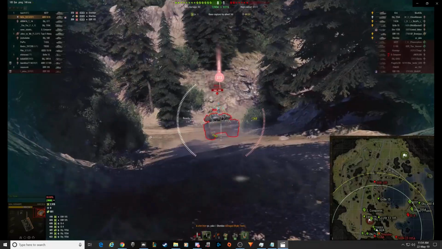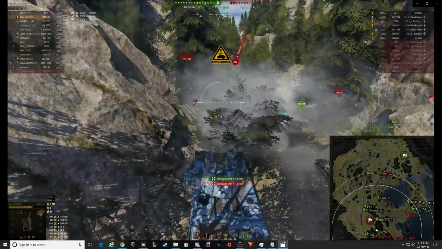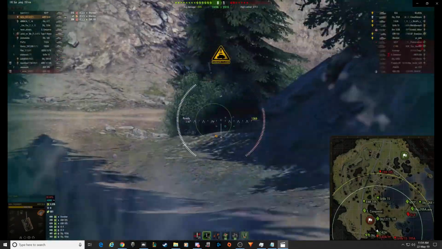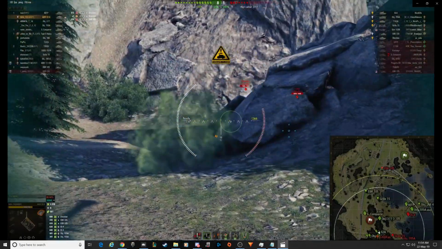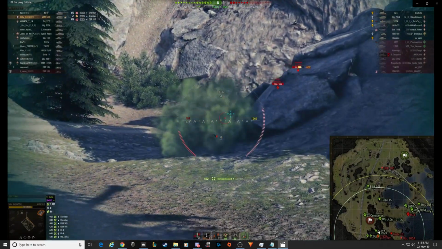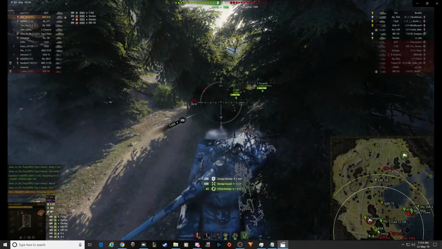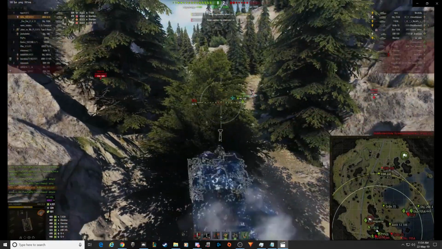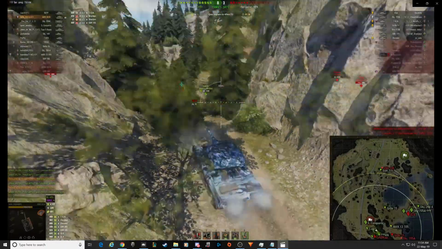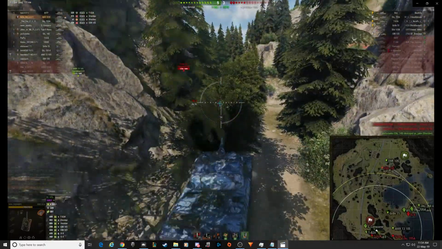Maybe get some tracks or something if I can. Bit of an unlucky miss on the Sheridan. Probably could have held that shot, but just wanted to try and get the damage. Overmatch on the top of his tank there, and then 62A backs up into us, and somehow bounces, which is nice. Just gonna hold my clip here, let the team try and farm this 62A,